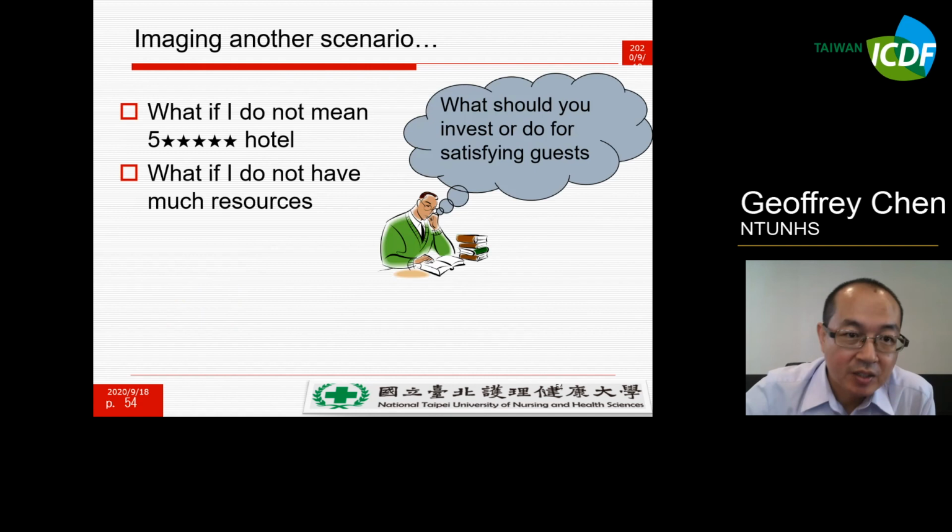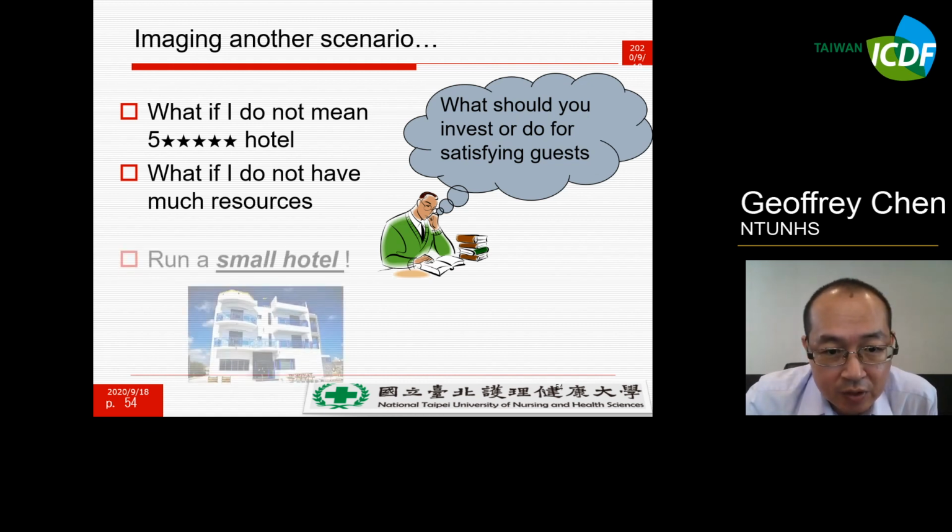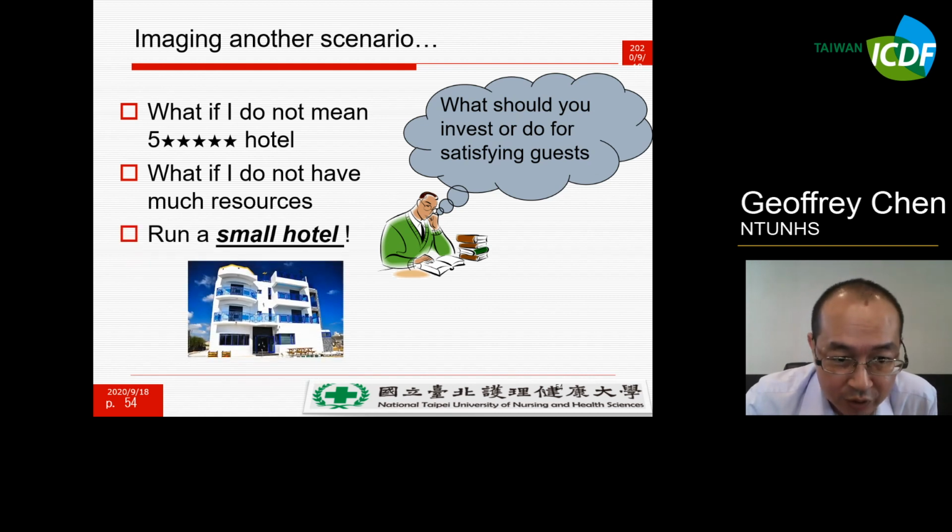If you cannot invest in a 5 star hotel, just run a small hotel, but you still consider the 5 dimensions for your hotel service. That's just the difference in the service label.